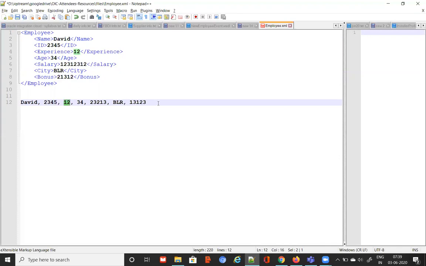Usually, if you're sending in any other text format, then you'll be sending another document which explains how to read that, how to understand or interpret the data, right? In order to avoid that confusion, XML is going to help us. In XML, you always have the data and the meaning of the data together. That's why it became so popular.